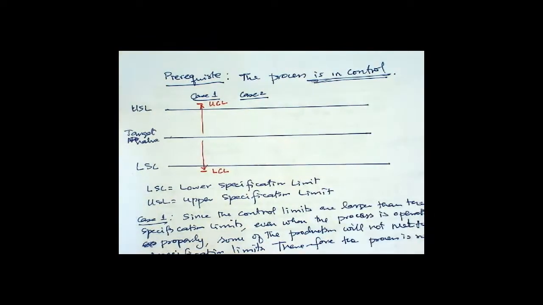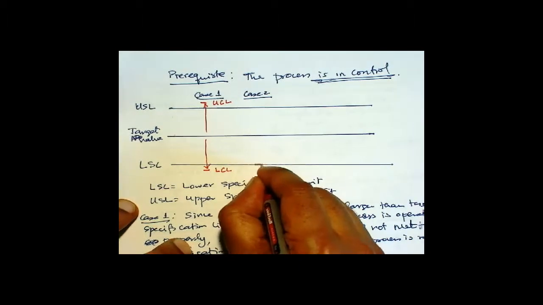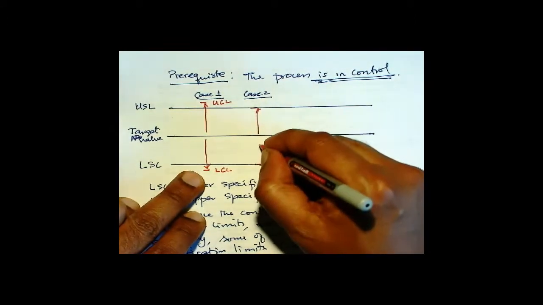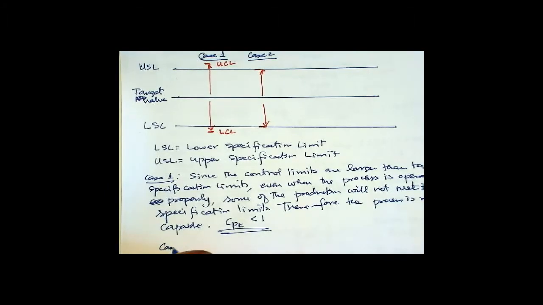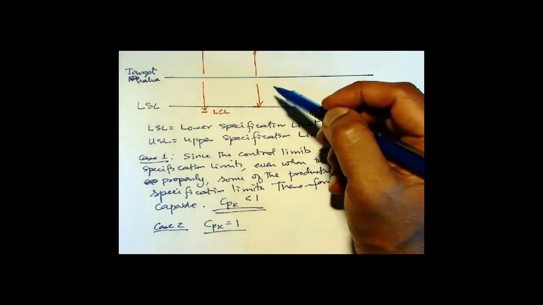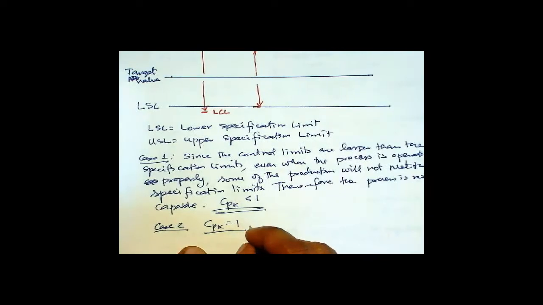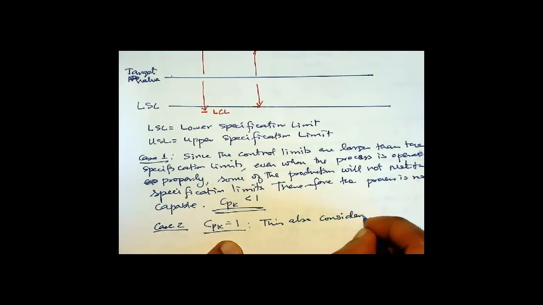Case 2. Okay. Let's suppose that under case 2, the control limits coincide with the specification limits. So this is the case where C sub pk will be equal to 1. That is, the numerator and the denominator are equal. Okay. Now this is also considered not capable